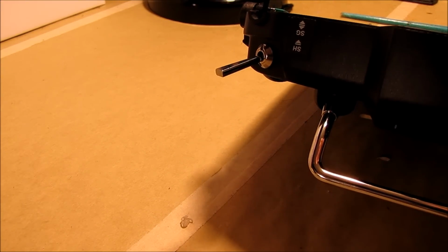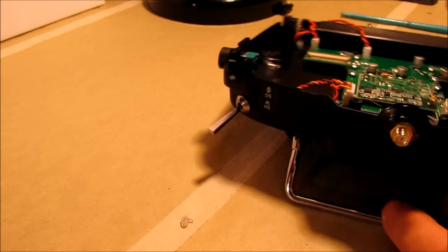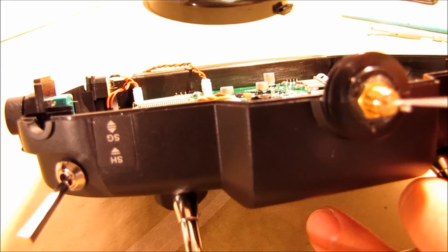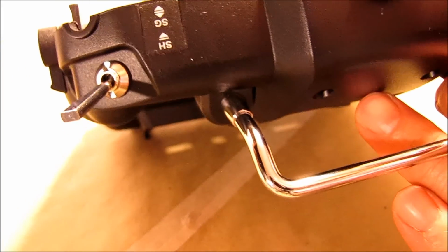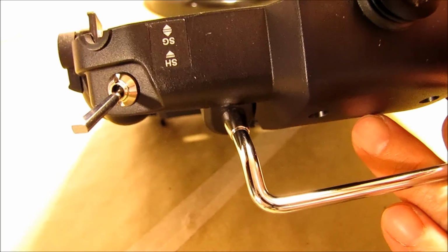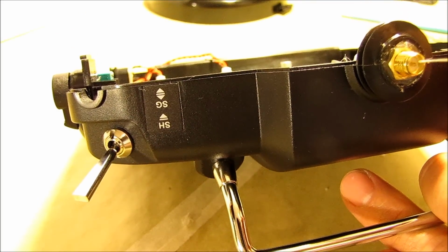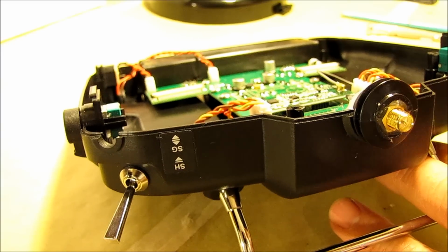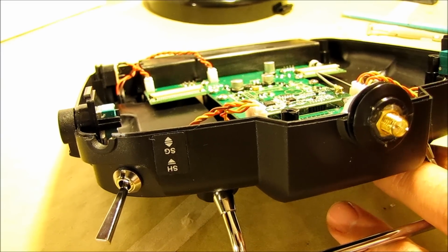Make sure that this little pin is in the center. Get it in the shot here. Here we go. Make sure this pin is protruded out just a little bit. When I first stuck this in here, this white part back in here was flush with this. So I had to screw the antenna on and push all that down, and it pulled the pin into the